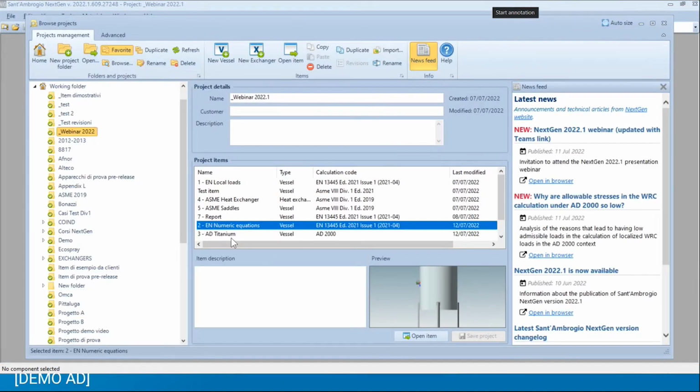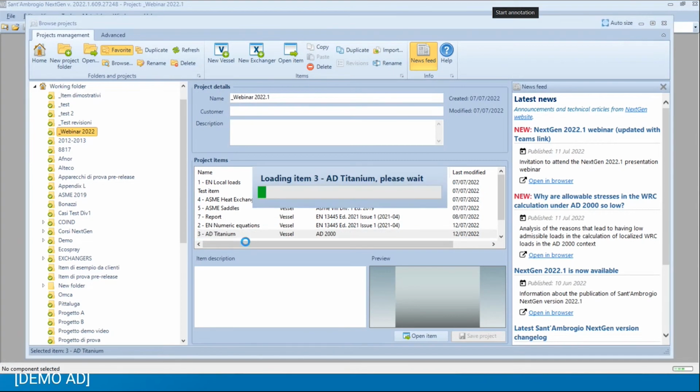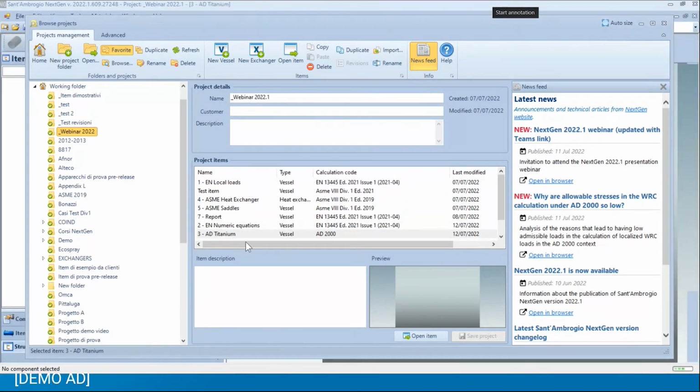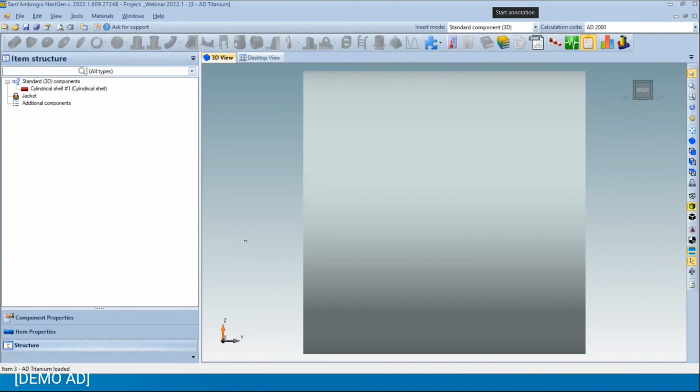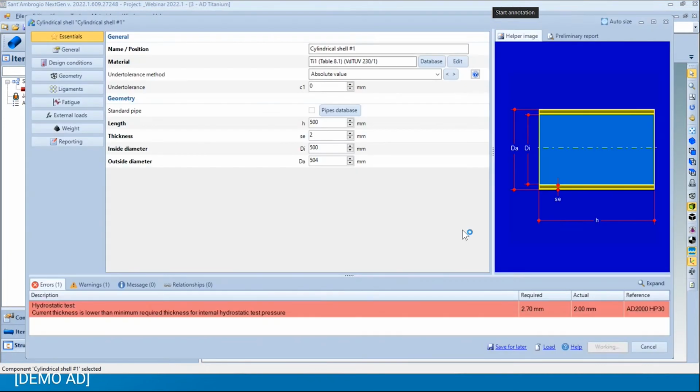Let's open the AD example. Okay, we have a cylinder here, and we are using AD2000 code. Let's open it and see what's happening. Okay, we have an error for a calculation of minimum required thickness, and we have already selected a material that is a titanium alloy. I can go to the database,